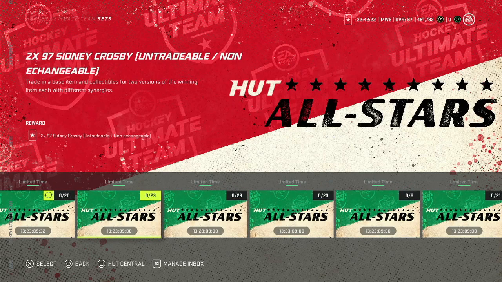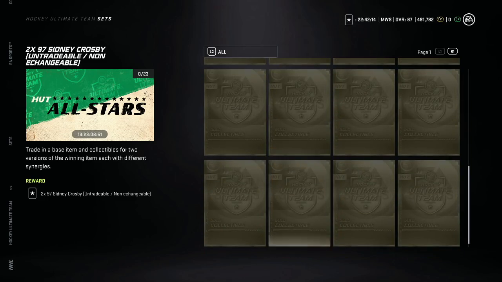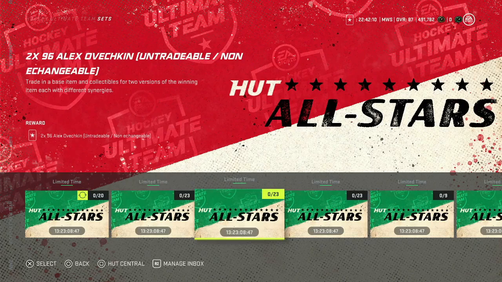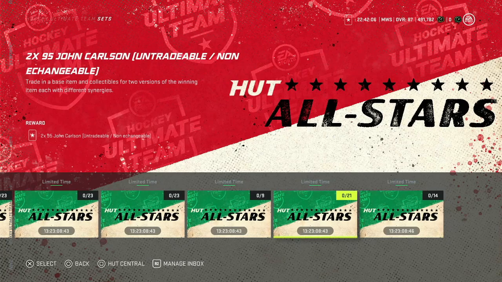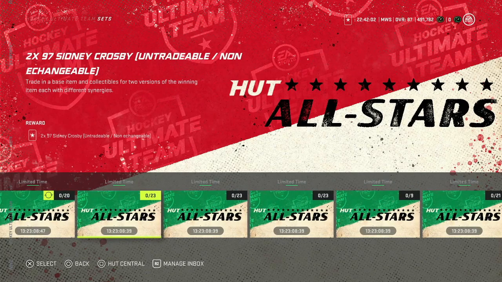But with that being said, the 97 Crosby for 22 gold collectibles, not 23, 22 gold collectibles. I mean, it's really expensive, guys. All of these are going to be super expensive. Tai Smith and Tuukka Rask, don't even think about doing, but like John Carlson, David Pastrnak, and Ovechkin and Crosby,